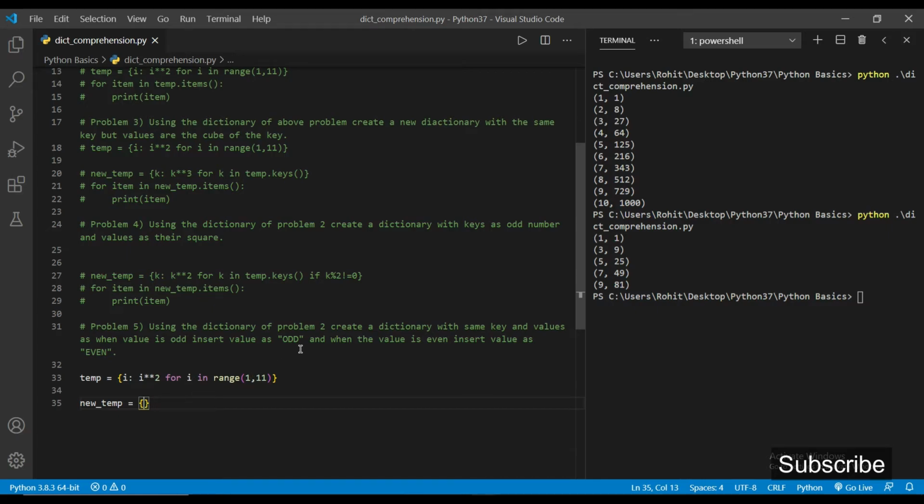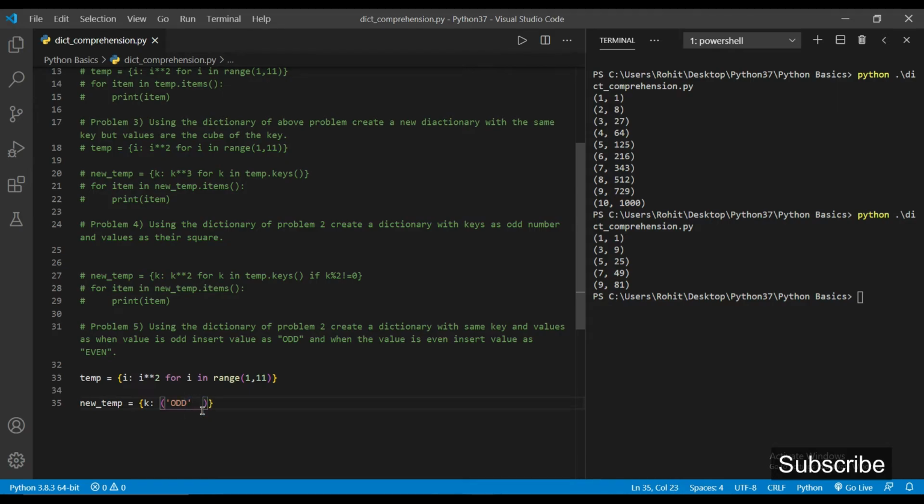Now we want the key to be the key of the dictionary temp, so here we write k, and the value will depend on the value coming from the dictionary temp. When that value is odd, we have to insert odd. Here we have to apply an if condition. We have to insert this string odd when the value is odd.